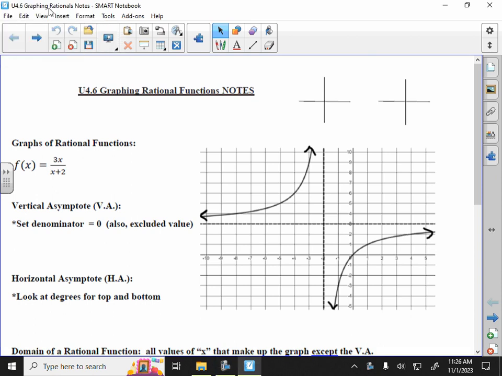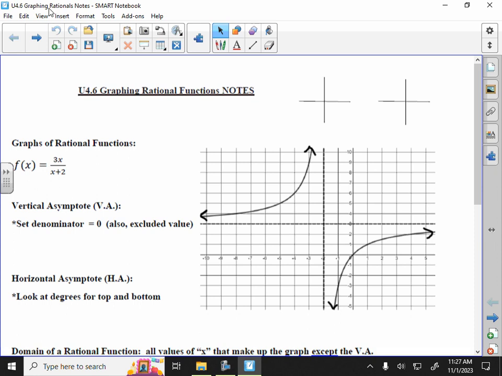All right, Algebra 2, Unit 4.6 is on graphing rational functions. We kind of talked about it real quick, I think back in Unit 1 when we talked about parent functions and all the different shapes. This one and exponential functions were two that I just briefly talked about at the very end, and I said that we would come back to these. So rational graphs are in Unit 4, and then the exponential graphs, we'll look at those a little closer second